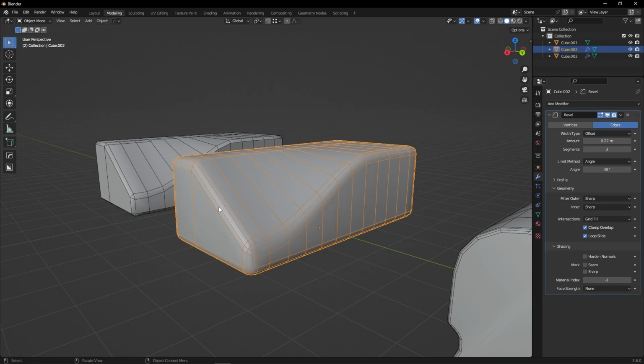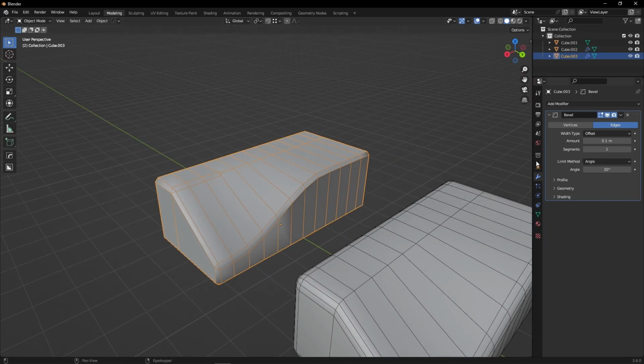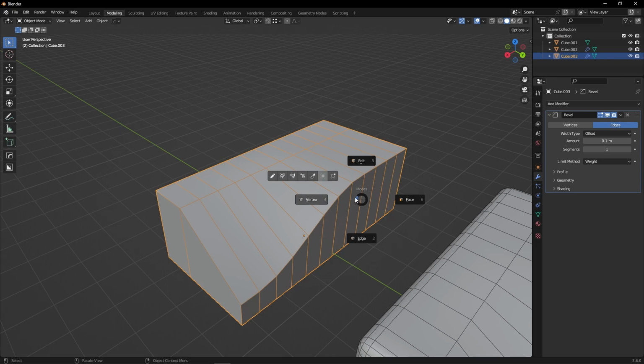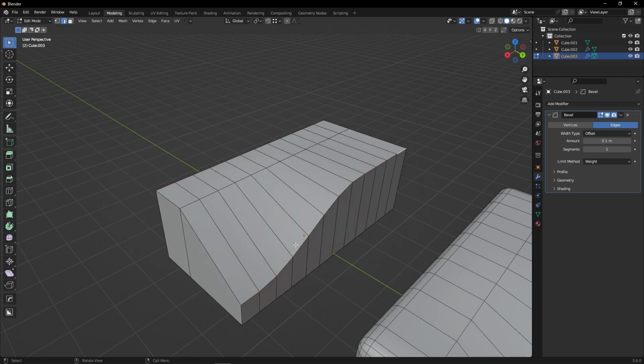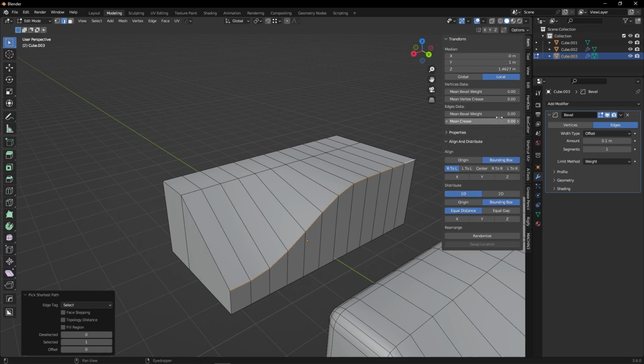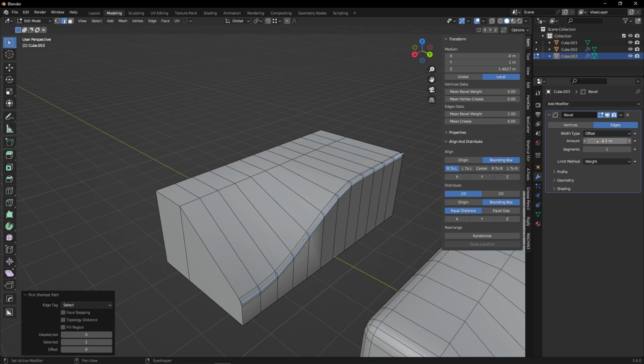if something goes wrong. Now, the other method, which is really great, is the weight method, where I can tell Blender which edge to use, how much influence of this bevel. So let's say I want to have a variable bevel across this edge. I have a few options how to activate this, but my favorite is just pressing N and going here to the item panel, and I have this mean bevel weight. So now if I increase this, it becomes more blue. Let me just increase the amount here like this, and segments,